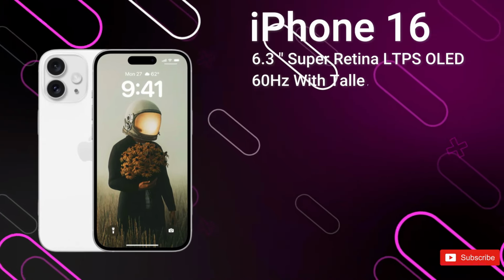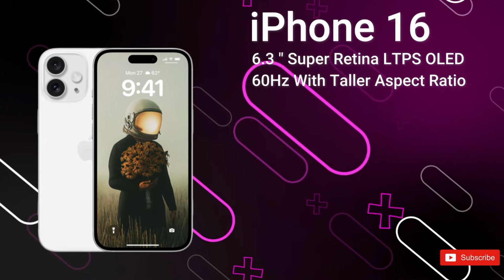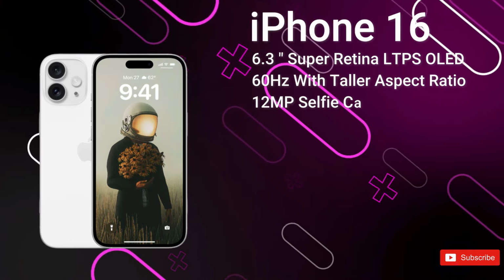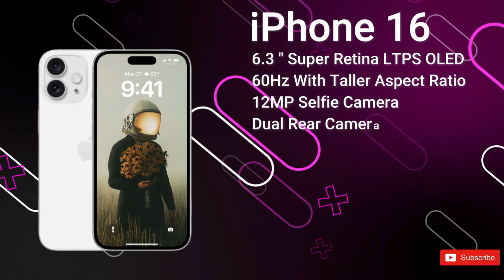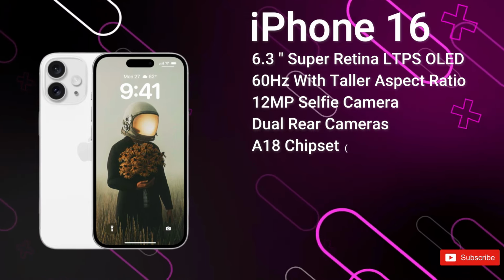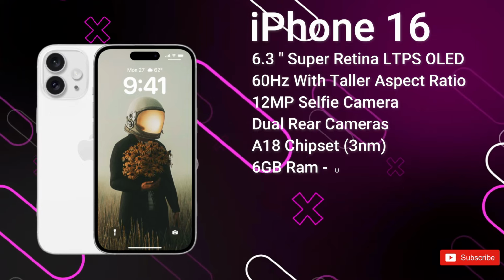The iPhone 16 is going to have a taller aspect ratio than last year, and it's going to be protected by Ceramic Shield too. We get the new Dynamic Island, which covers up the 12 megapixels selfie camera and Face ID sensors. Then on the rear, we've got a 12 megapixels primary camera and a 12 megapixels ultra-wide. It's powered by the A18 chipset, and it's likely coming with 6 gigs of RAM and up to 512 gigs